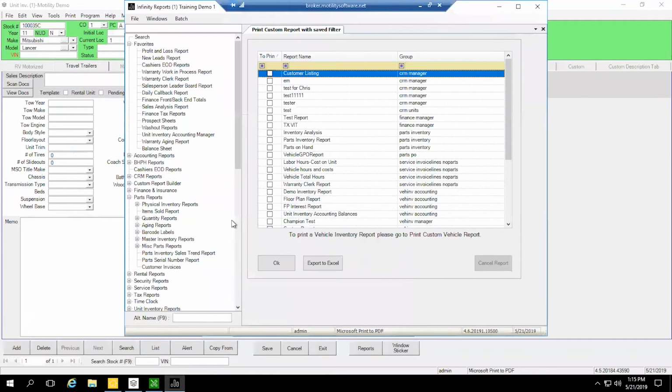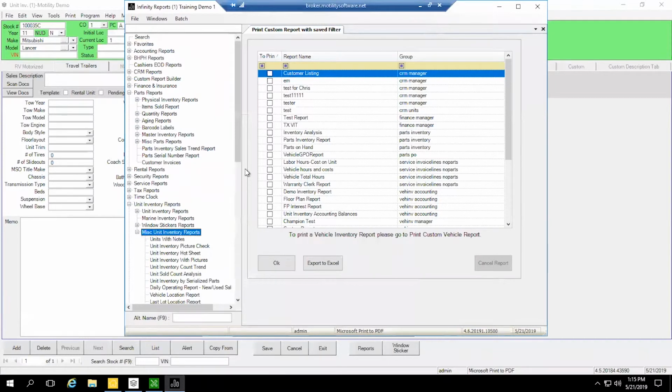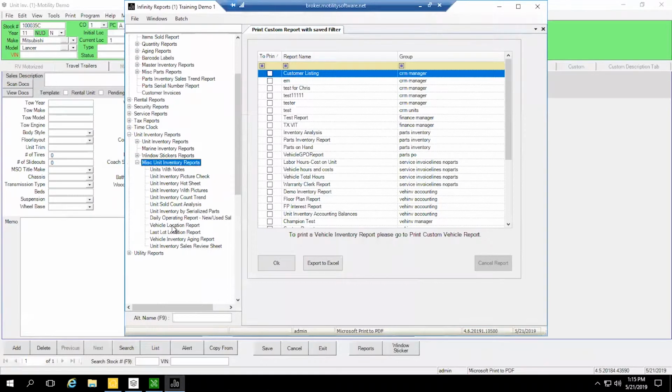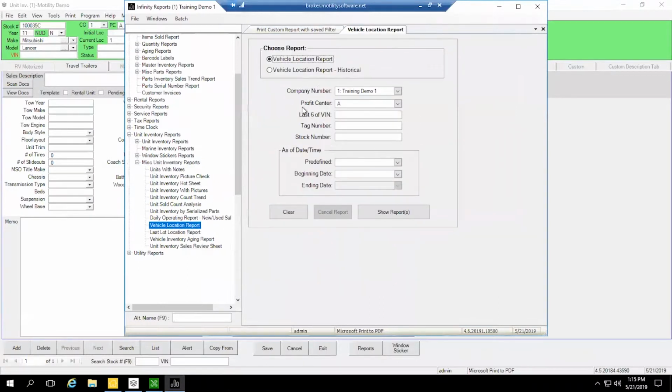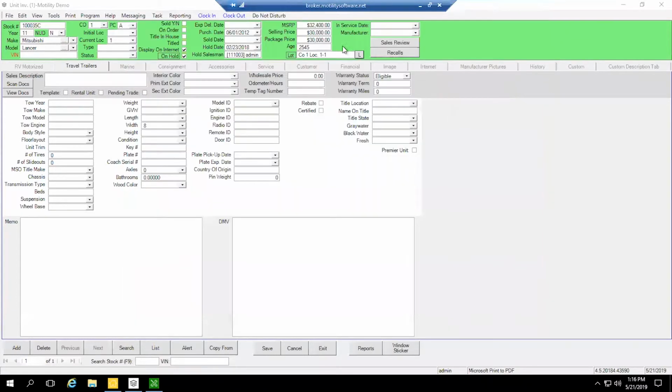Now, if you do want any reporting tied to this, I believe there is at least one vehicle report. There's two. There's the vehicle location report that should give vehicles in their current lot location. And there's a historical one that tracks some of that history we just showed as well. And then we have a last lot location report as well that tracks when it left and at what time it was last sitting in that lot location. So you can determine where a unit is or where it last was based on these reports, to try to determine, is the portering team actually doing the porter tasks, or are they just letting them pile up